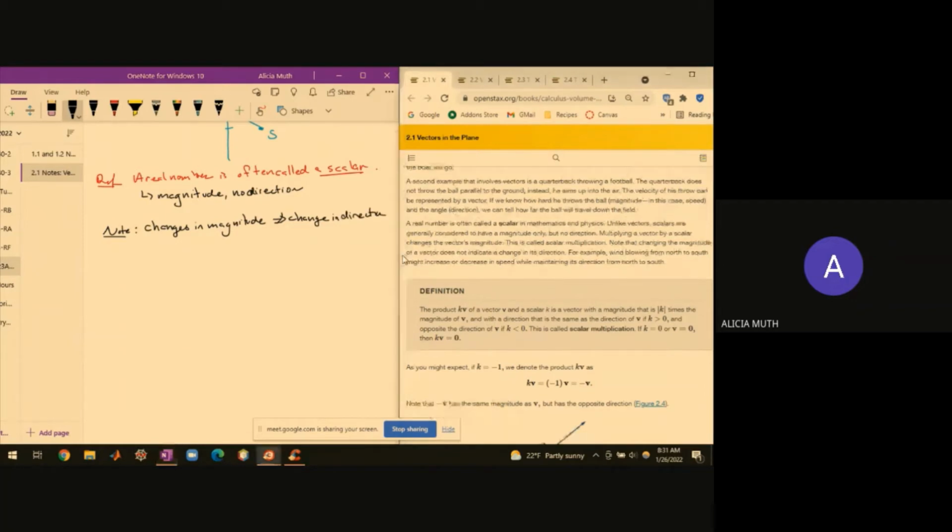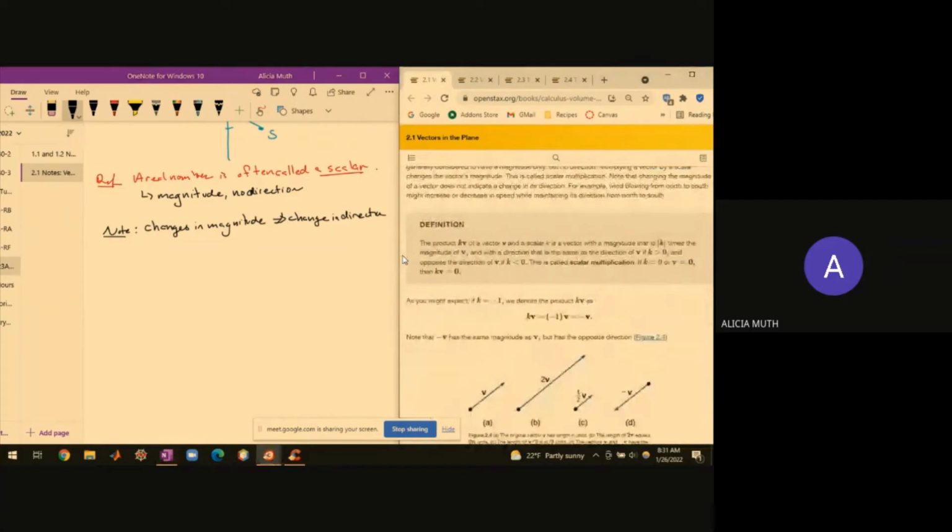All right, so here's our definition then of scalar multiplication. So the product kv, and I'm noticing that the k here is not bolded, it's italics, right? And v is bolded and not italics. So our vector v is bolded and our scalar k is in italics. So the product, I'm going to use script for my italics, and I'm going to use the arrow for my bolding. So the product kv of a vector v and a scalar k